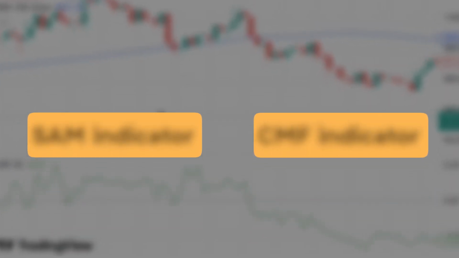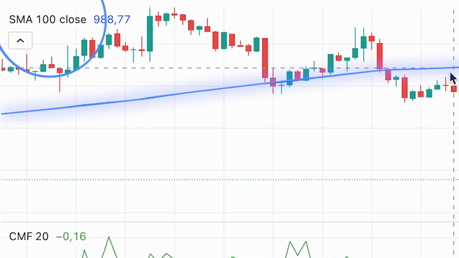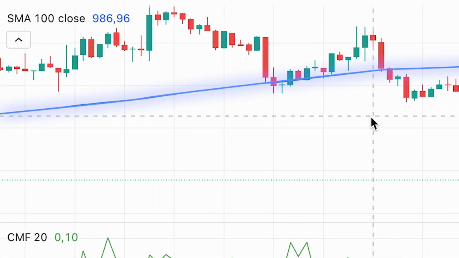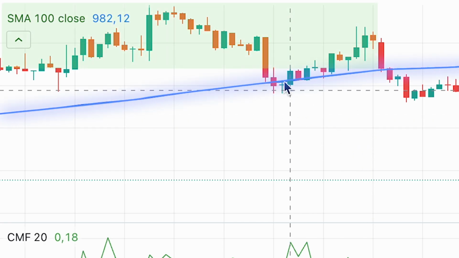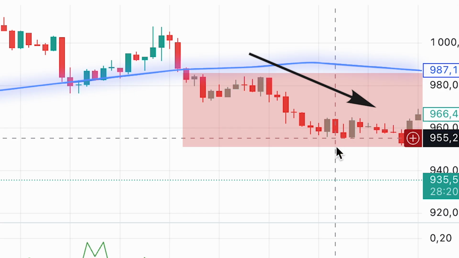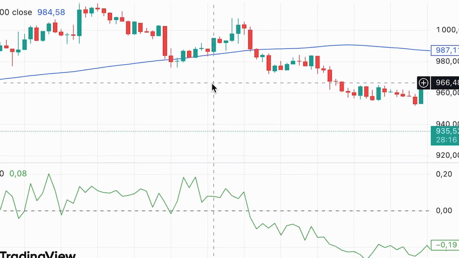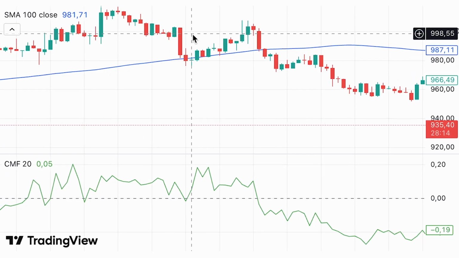Hello traders. Imagine a simple yet reliable strategy that requires only two indicators. The first one is the simple moving average with a period of 100. It helps us determine the trend. When the price is above this average, the trend is upward. If the price is below it, the trend is downward. The 100 period setting gives us a smoother picture, neutralizes noise, and shows the market direction on a midterm time